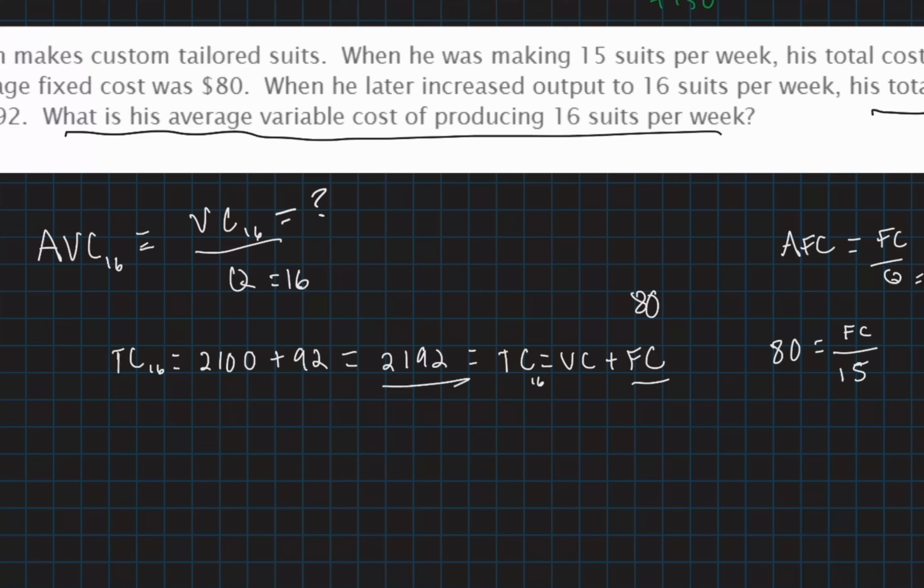So I do 15 times 80. Oh gosh, I'm doing mental math right now. 800, that's 5. 1,200? Yeah, 1,200 is equal to fixed cost of 15. And we know fixed cost of 15 has to be the same as fixed cost of 16, so we can plug that in. So 2,192